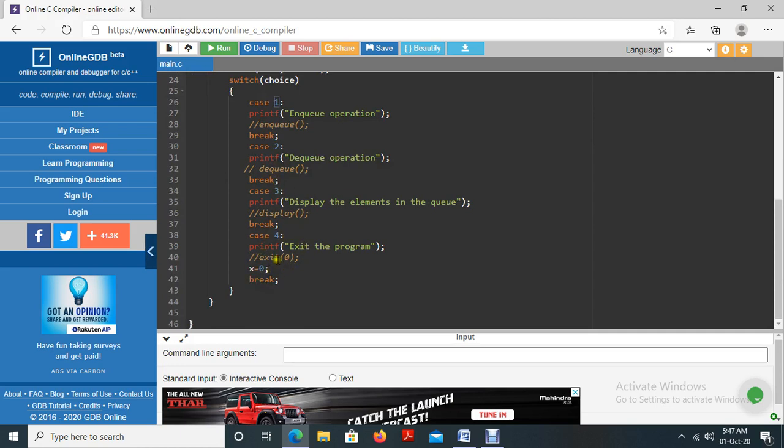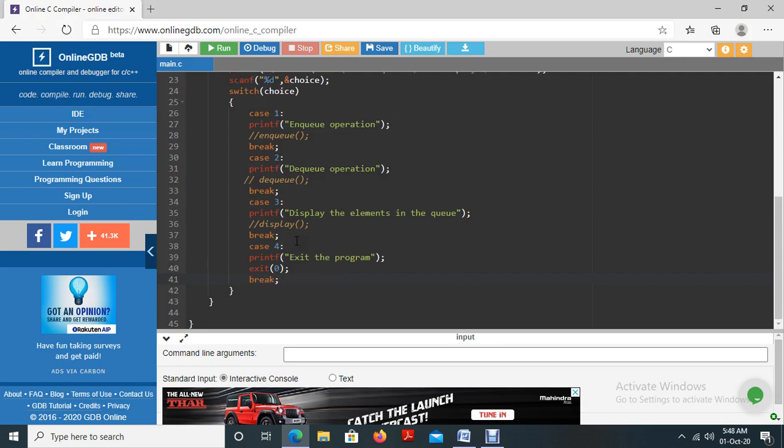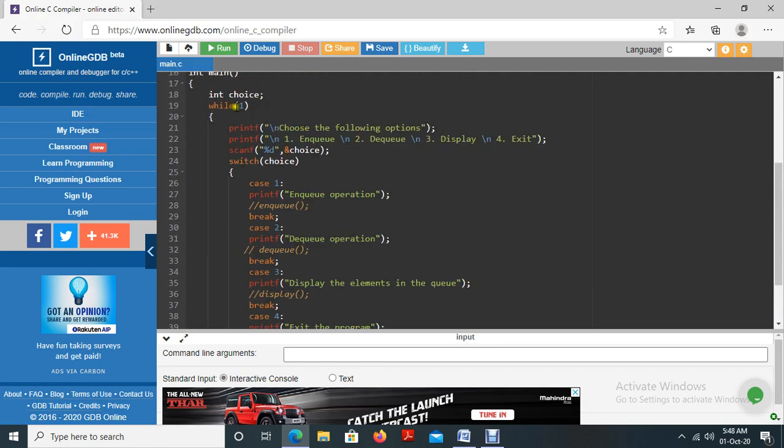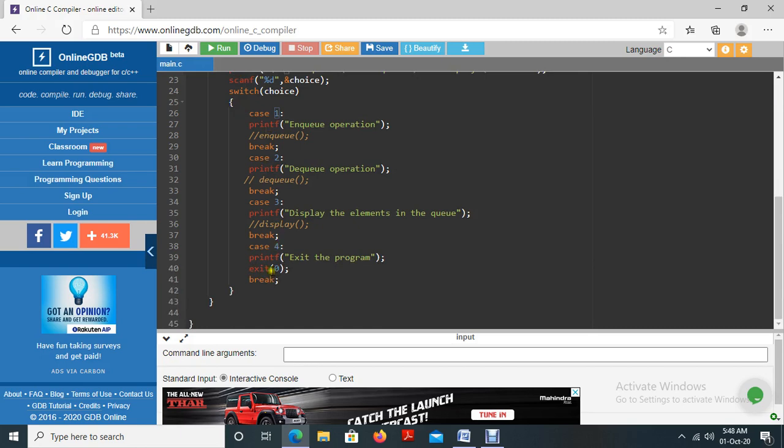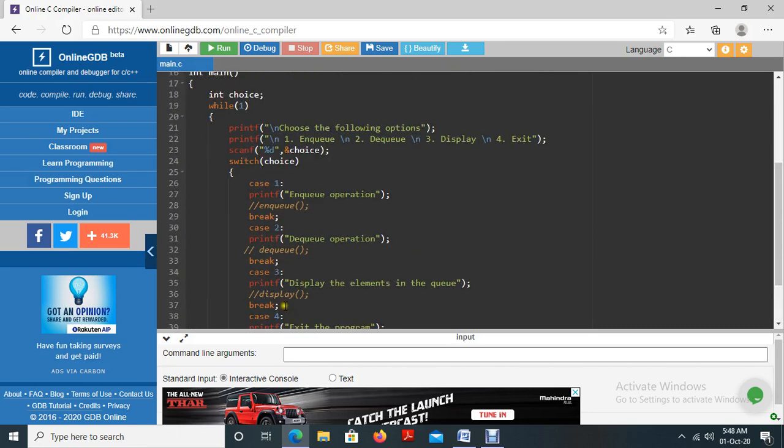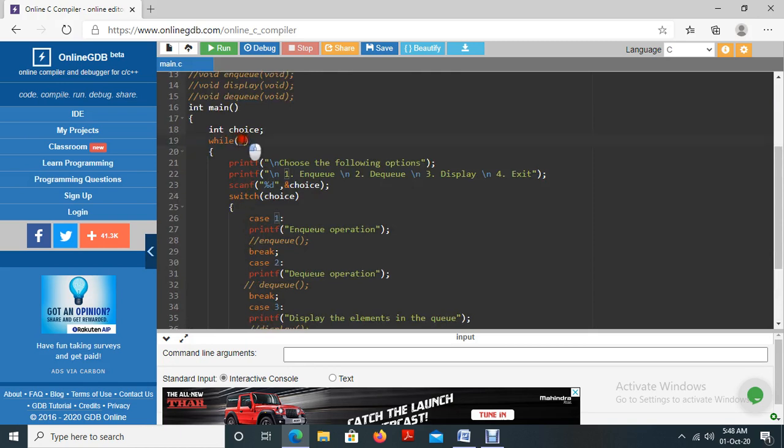So what will happen once the user presses the option 4? It calls the function exit of 0. So exit of 0 passes a parameter 0 to the while loop. So this 1 will be replaced by the 0 with the help of the exit function. So the exit function sends the 0 to while.